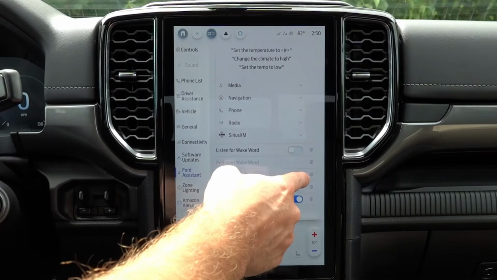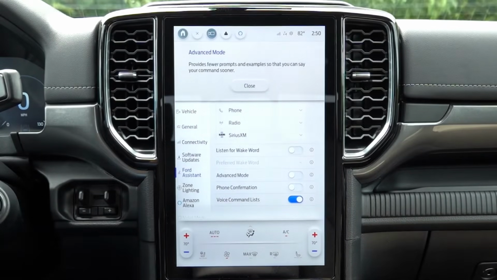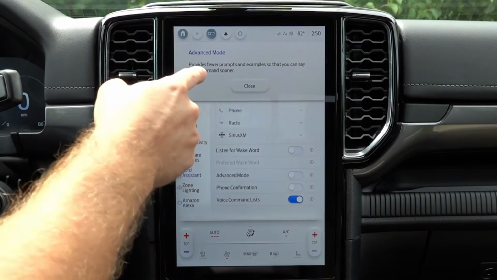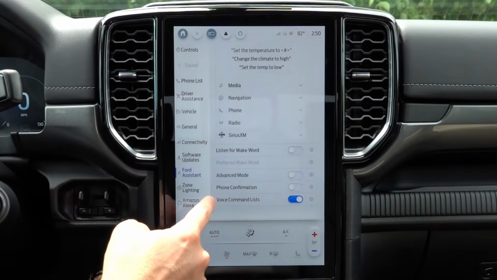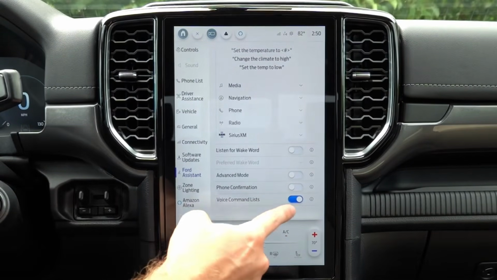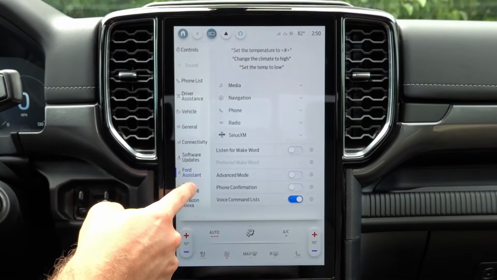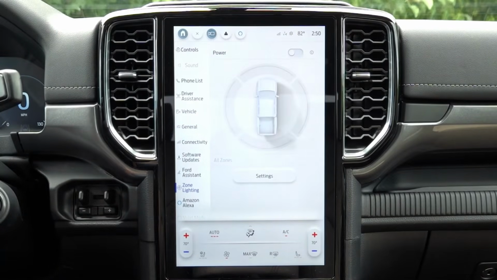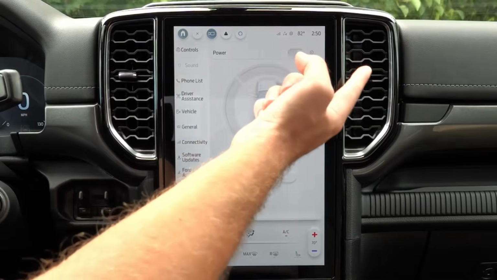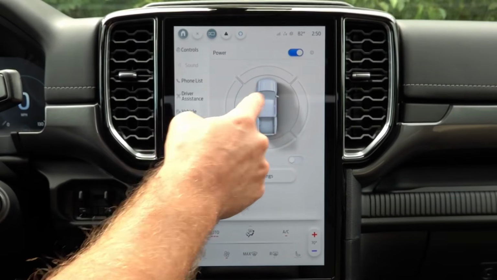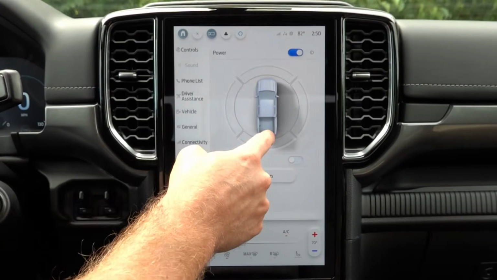Advanced mode, I think, eliminates a lot of the prompts and provides fewer prompts and examples that you can say, so you can give your command quickly. Phone confirmation, and then the voice command list down there. Next up, we have zone lighting. Basically, the zone lighting on the exterior of the truck. You can turn this on and off, and then select which zones are actually being illuminated